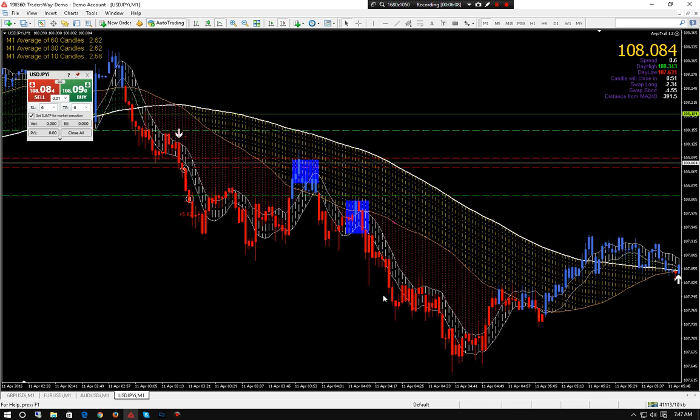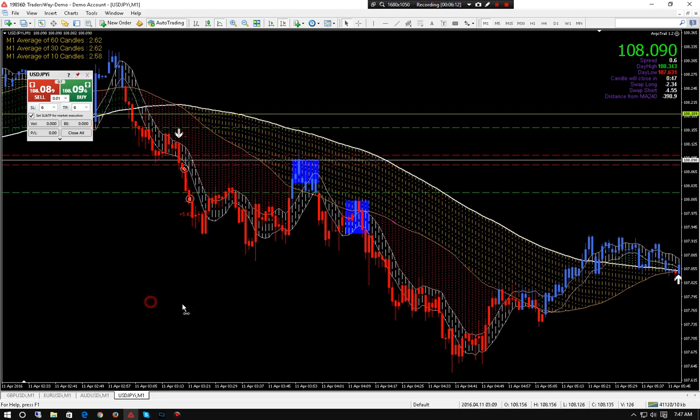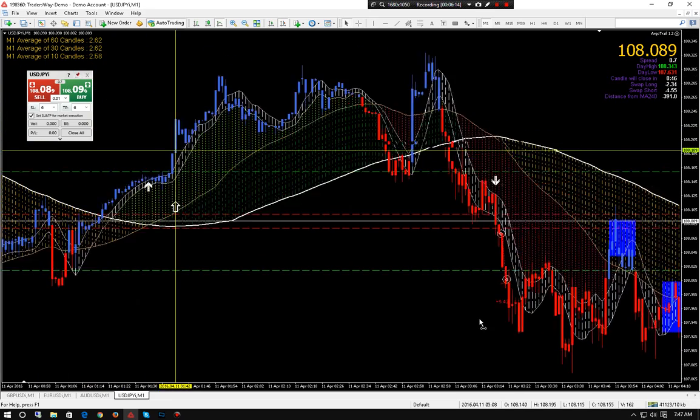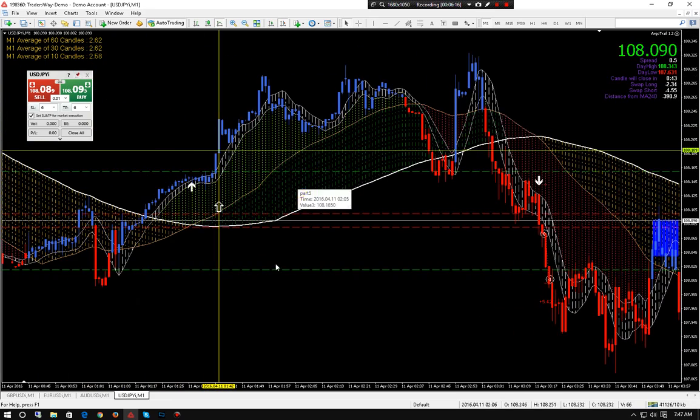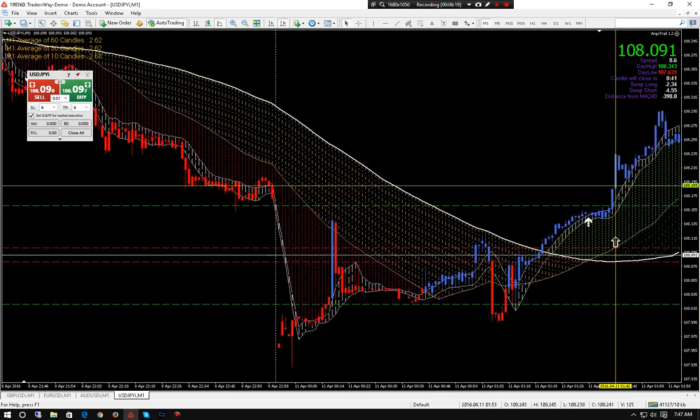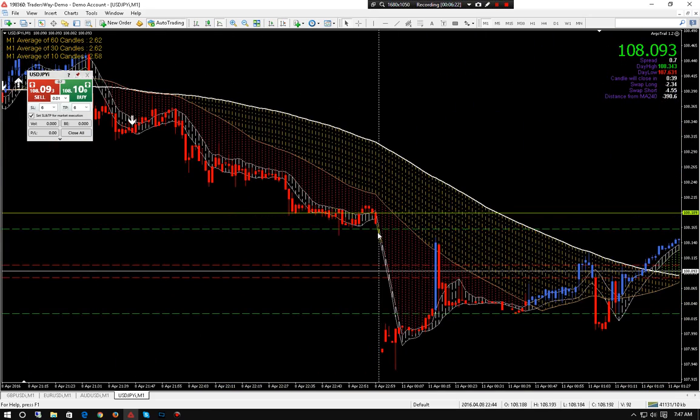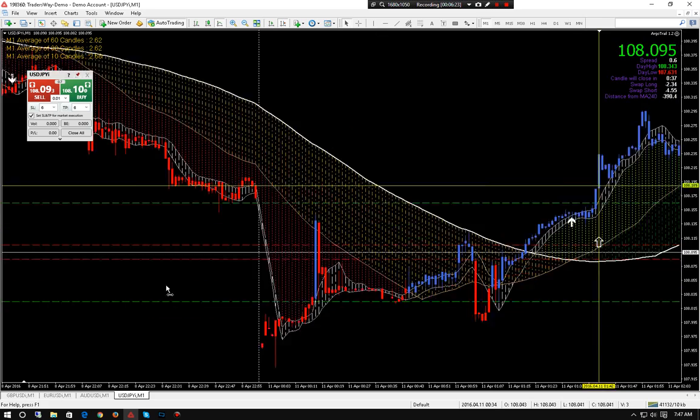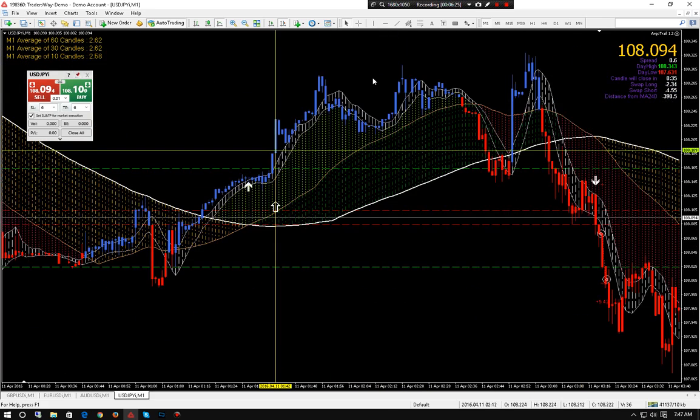Okay, so let's continue. Where were we? So this is a setup for if you're going to be looking for a sell. Again, you can see here's an okay area for a buy, and a sell. So does everyone understand what we're looking for? I color-coded it so there cannot be a mistake.